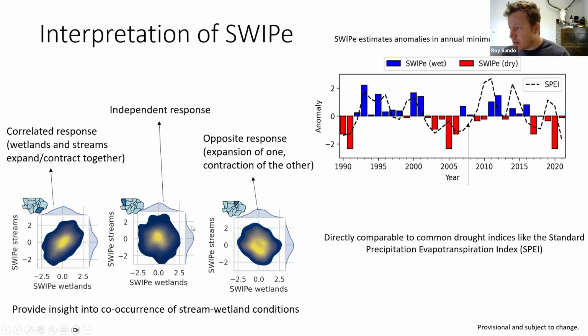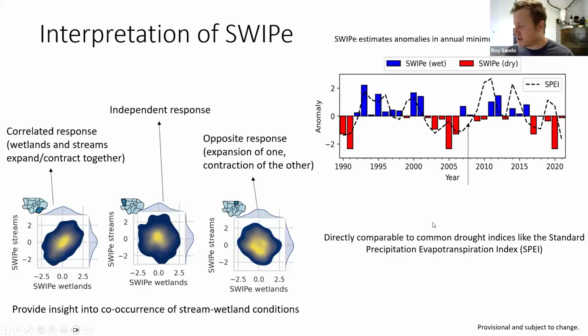And finally, up in the prairie potholes region of the Upper Missouri River Basin, you see here a negative correlation between wetlands and streams. So when streams expand, wetlands contract, and vice versa. Again, this publication is in review, so all this is very new and off the press, and we're excited to look into it a little bit more.